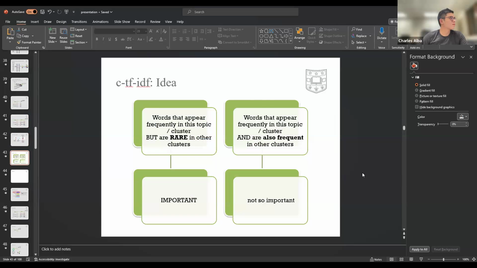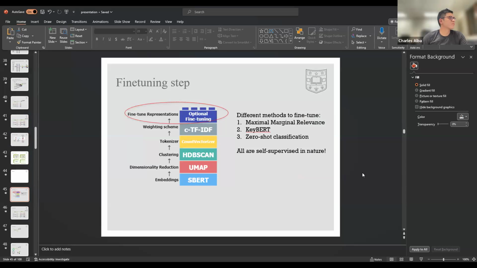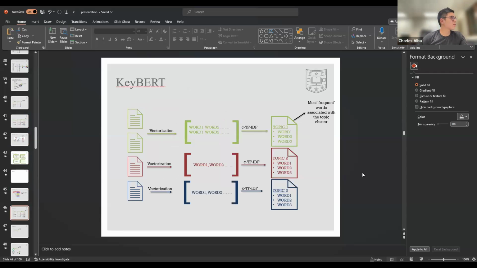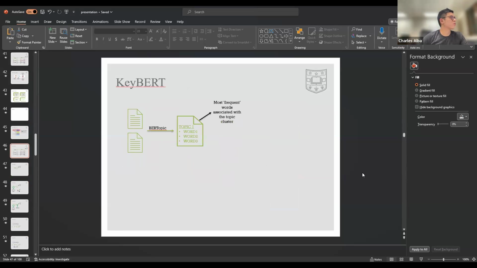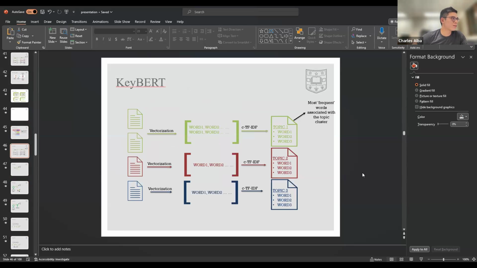So now, okay, it's not the best. It's good, but it's not the best, right? So what do we do? Well, we can fine tune them, right? Now that we trace back the words and we got the topics from the words, we can fine tune them. So we were at this step, where we gathered the topics and the most frequent